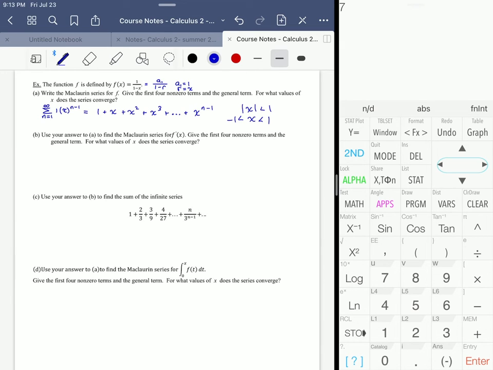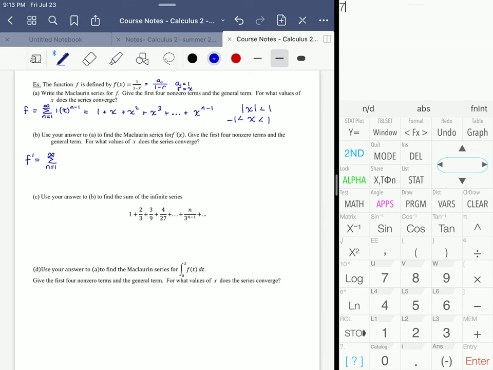Use your answer to A to find the Maclaurin series. And really, it's kind of iffy as to why, it's centered around 0, so it's a series that's centered around 0, so that makes it Maclaurin, but we could just call it a power series and be done with it, just to be clear about that. All right, so if I want f prime, so this whole thing is f prime,